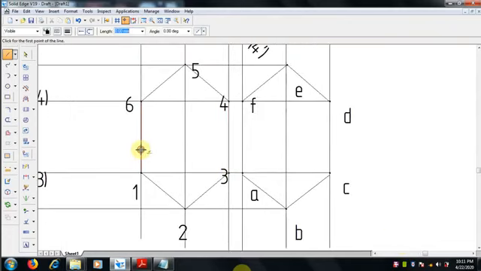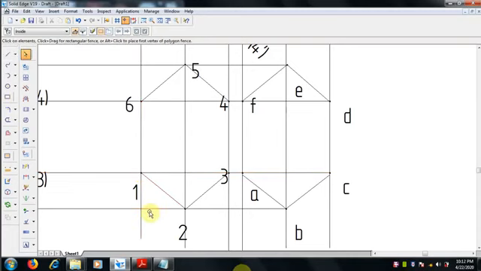Now visible edges and invisible edges, we have to check. Draw the lines exactly at the end points, so that will be fine. Select the end points, intersection point and the end points. If there is any problem, zoom in and finish it up.